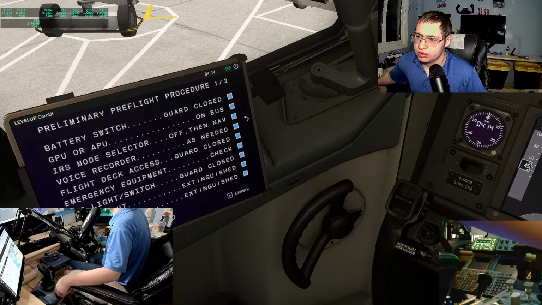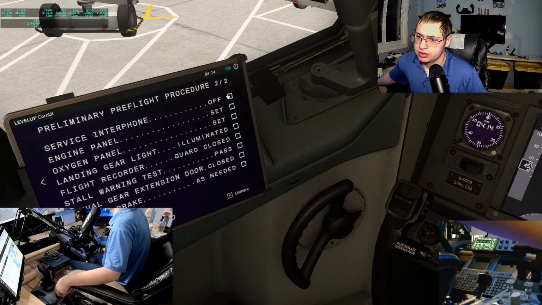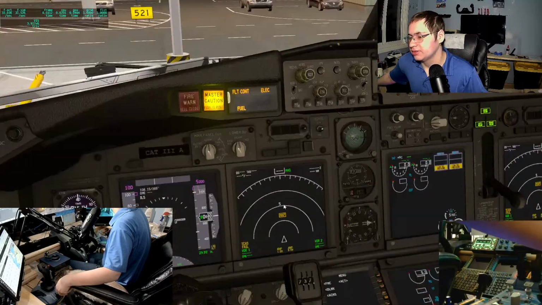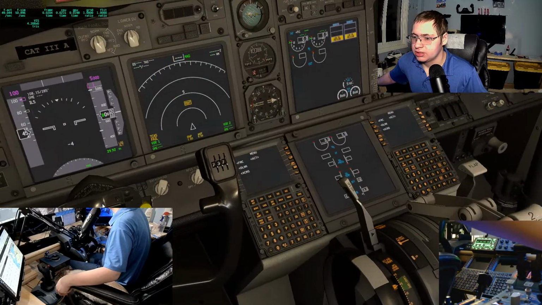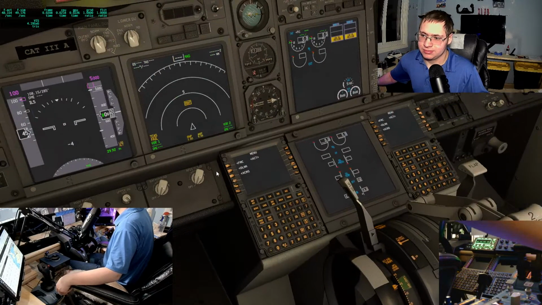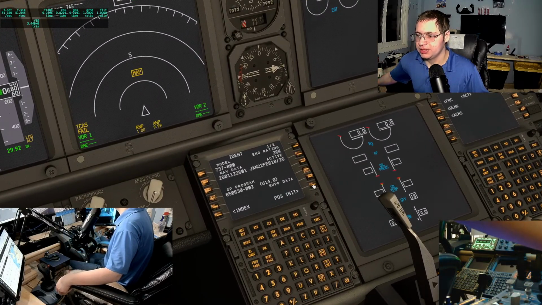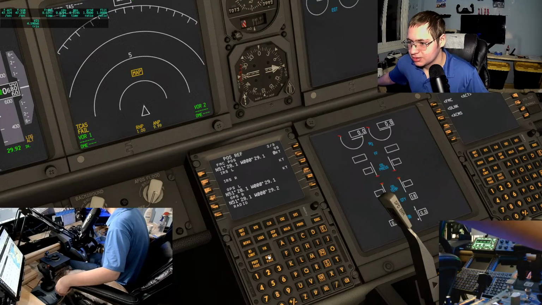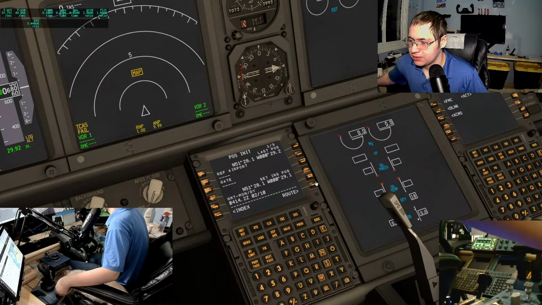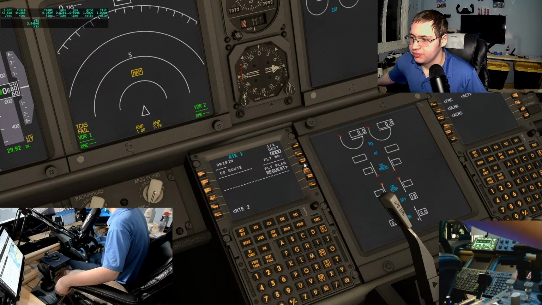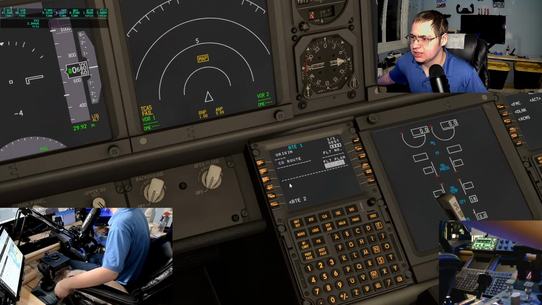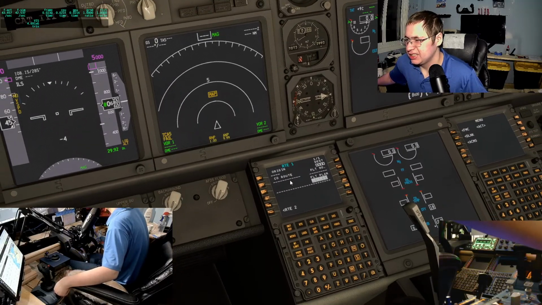Not gonna. Those are all way too advanced. Okay. Engine panel. Fine. You know what? This is all complex. Maybe I really should buy one of the A320s. Maybe I should buy an A320 here soon. Flight plan request. See if this does it now. Kind of doubt it, but